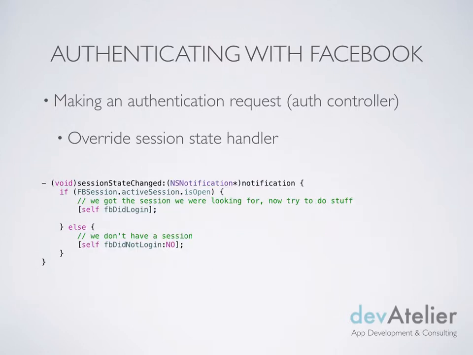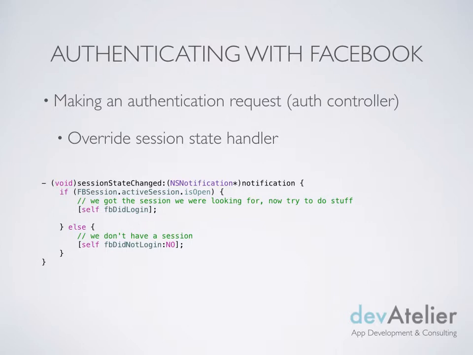Cool. So next thing. When you're writing your authentication controller, you may need to do something specific for the session state. So when we open up the app, we want to just check, is the session active? But when we're opening up the authentication controller, like when we're doing the login or sign up, we need to override that so we can get some specific logic out of there. So basically what I'm doing here is